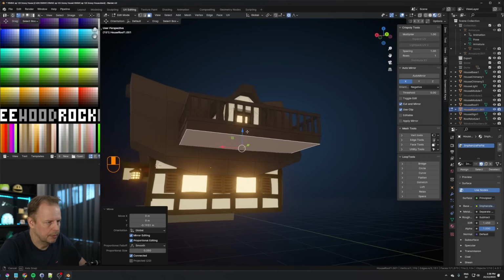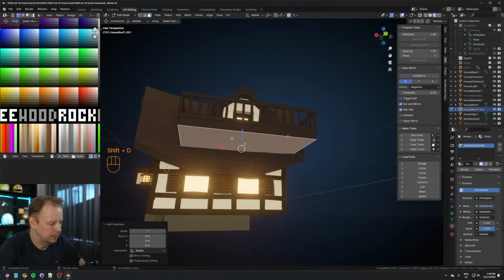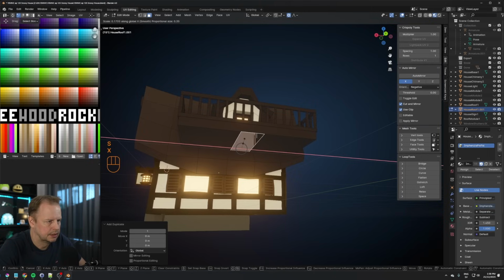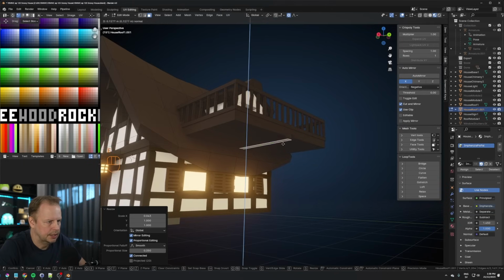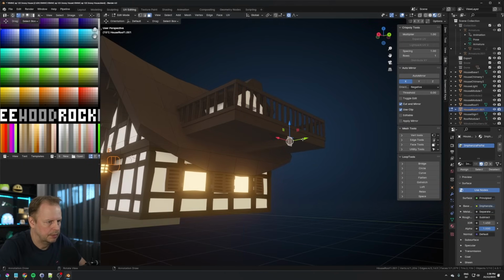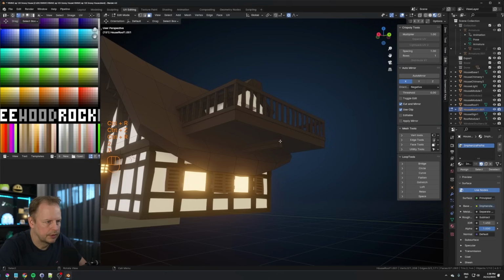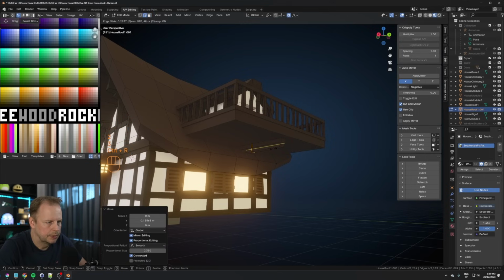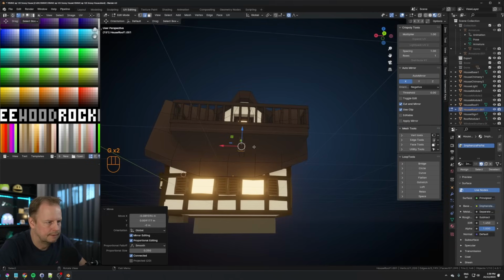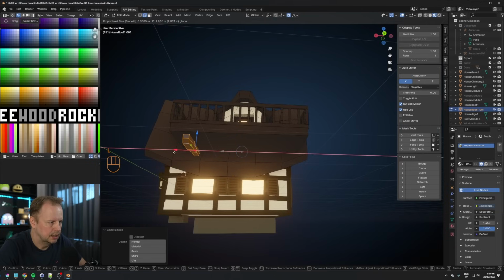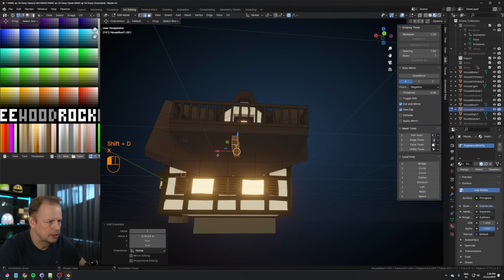So we'll just put a couple of beams here, I think. Shift D to duplicate, scale X, all the way down to there. And E to extrude. Bring that in. Control R to loop cut and bring it in. Control R to loop cut, scale G, Control R, scale G, L to select the linked, and then now we'll duplicate this one into 3, I think,